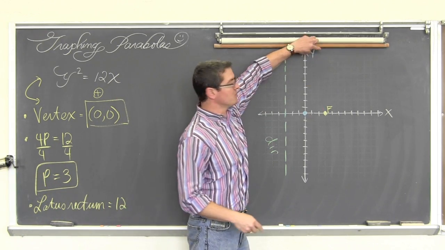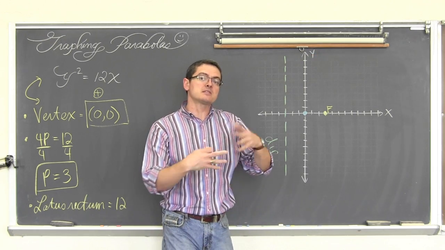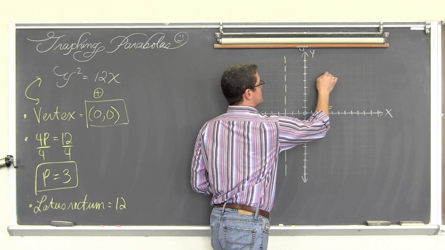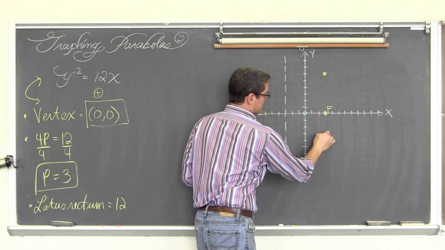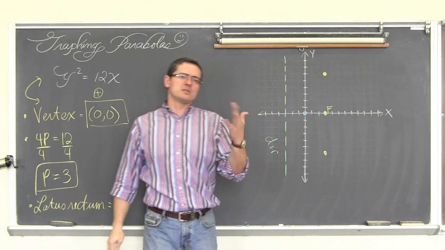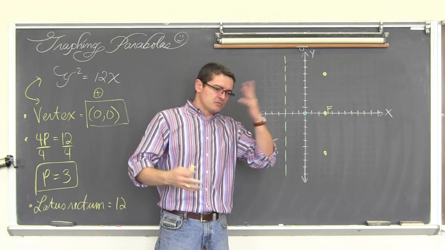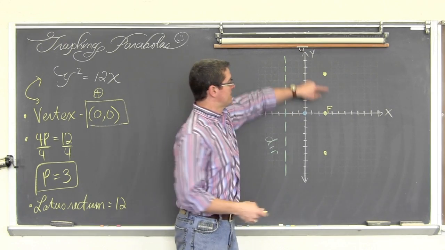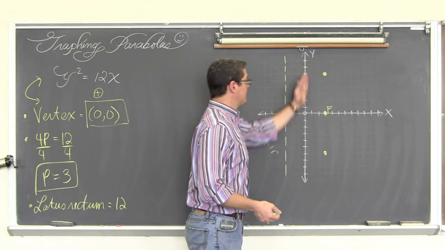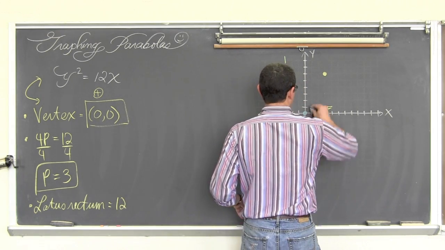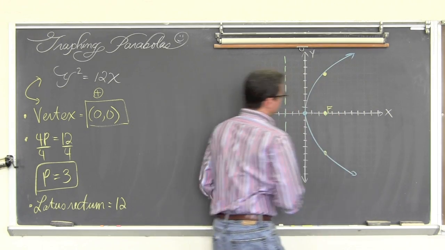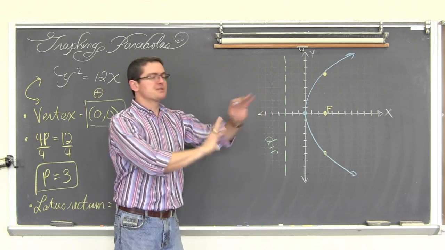So from this, I don't want to go up 12 units and down 12 units. The entire length of the segment is 12 units. So we're going to go up 6. So 1, 2, 3, 4, 5, 6. And 1, 2, 3, 4, 5, 6. So that was nice and easy. I didn't have to do a t-table or plot any point, do any arithmetic to find those. I just go up 6, down 6, and that entire length is equal to 12. So now I've got 3 points that my parabola goes through, and it's going to look something like that. So there's my parabola, opening to the right.